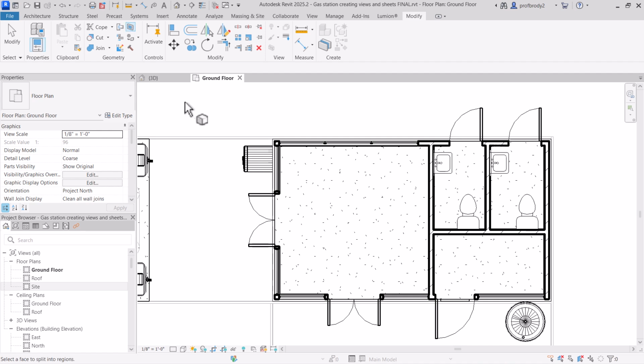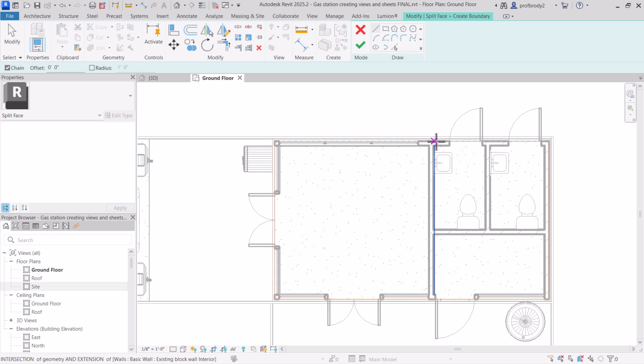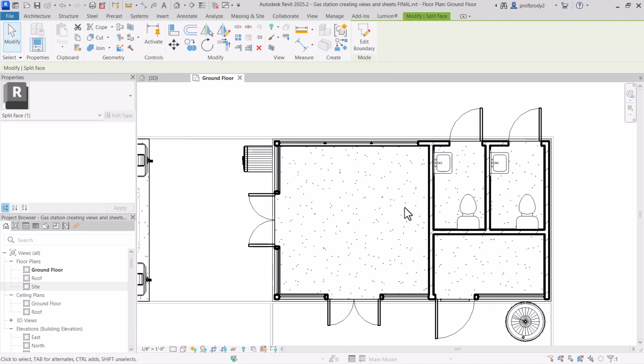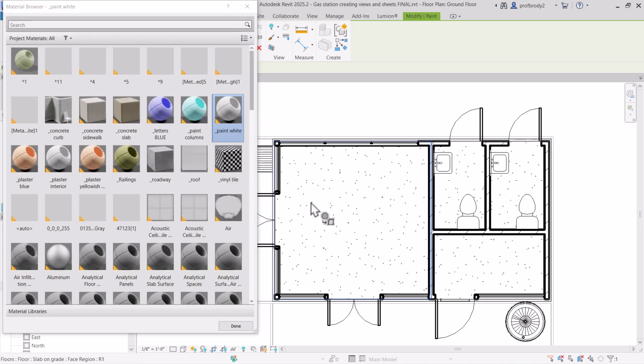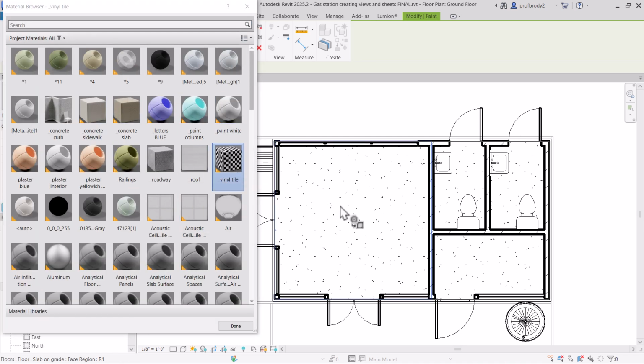And to do that, I'll use my split face tool, maybe split this floor. I'll just draw a line. Remember, when you're using split face, you have to go from edge to edge, or alternatively, you have to make a continuous loop. So anyway, now I can go to my paint bucket, and I think I have some vinyl tile that I